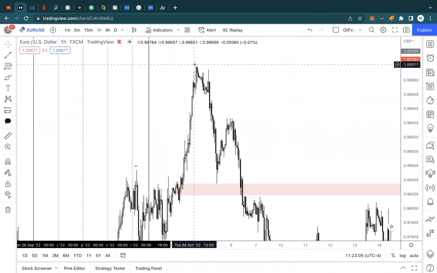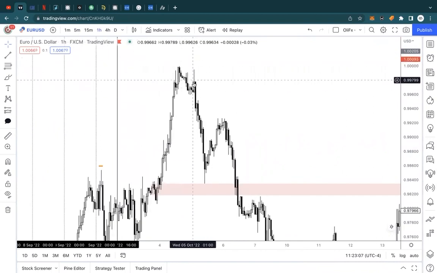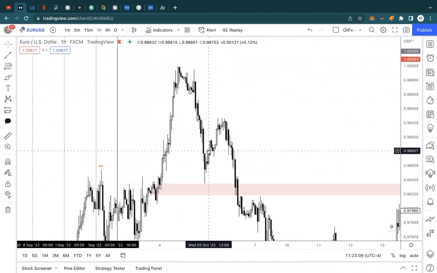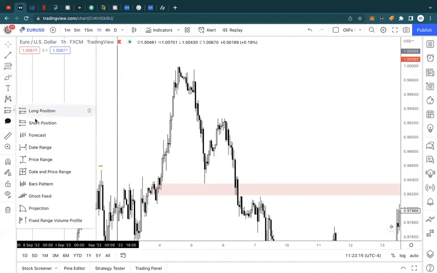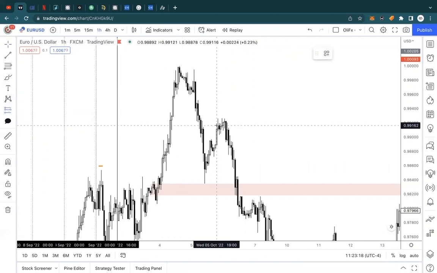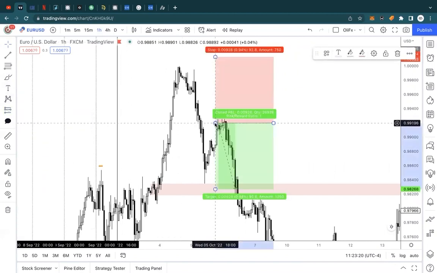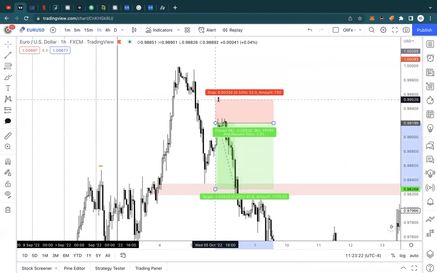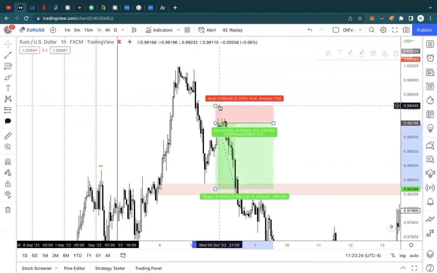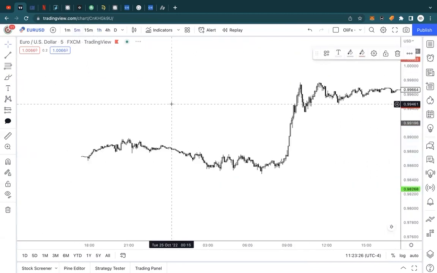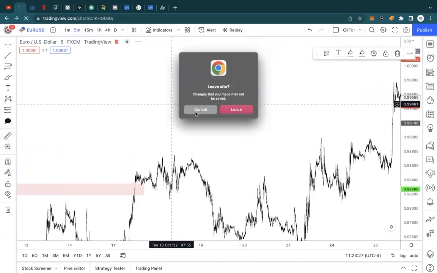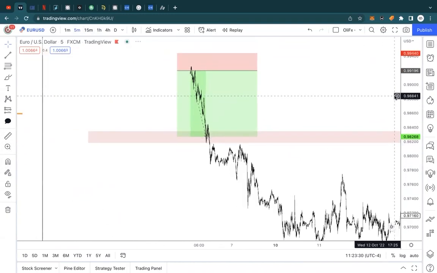So you can see it's going down, bearish, it's coming back up, and then on the retracement, you could catch a sell limit somewhere around here on that retracement. And then if we go down time frame,